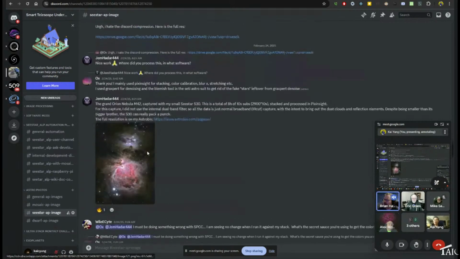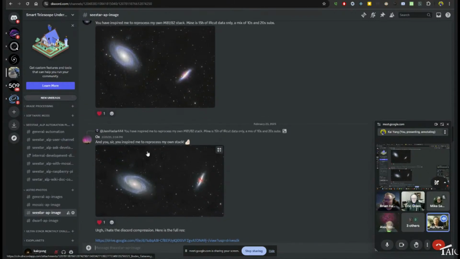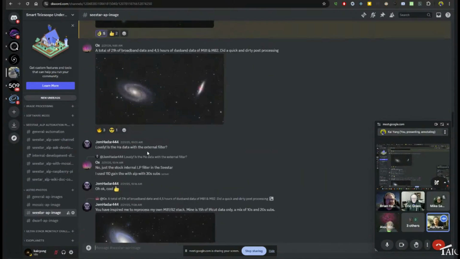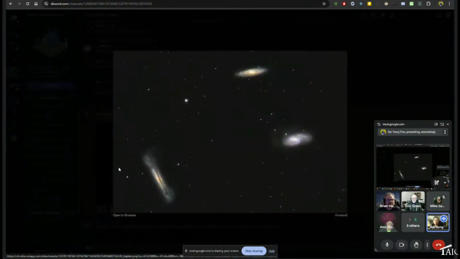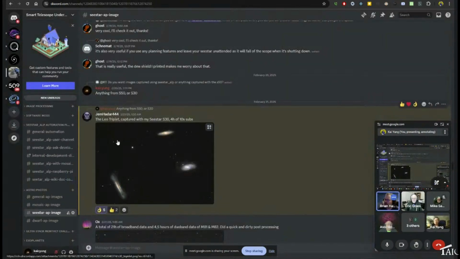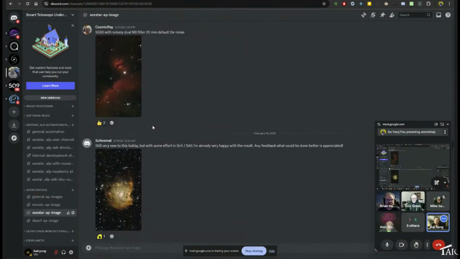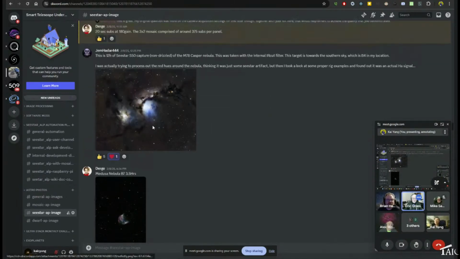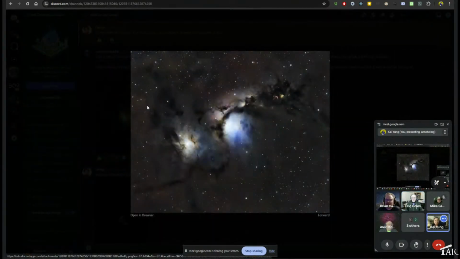More of Bode's and Cigar a little further up. There's some more of that detail in the Cigar. Find more. There's a triplet right here. That's only 4 hours of data there. Let's try to find M33, the monkey. There we go. That's M78. Yeah. This is 12 hours.